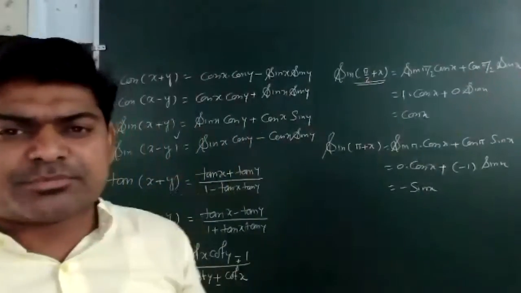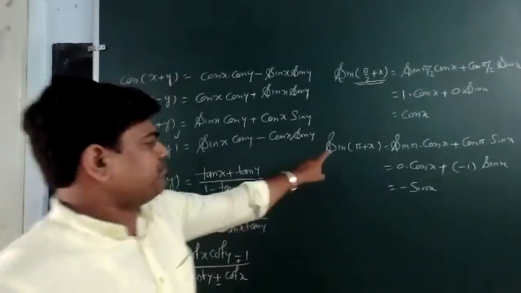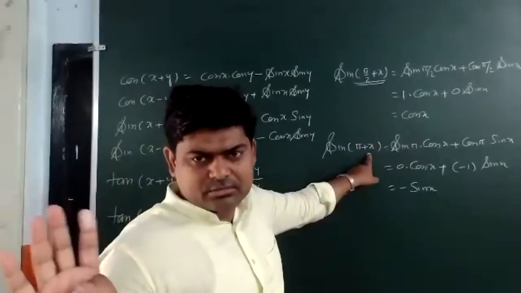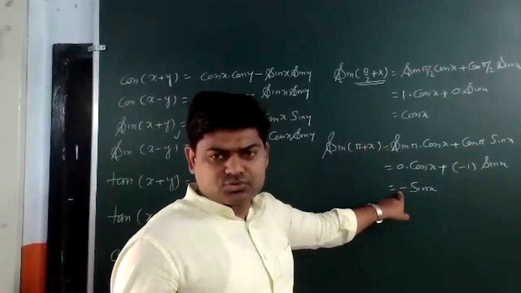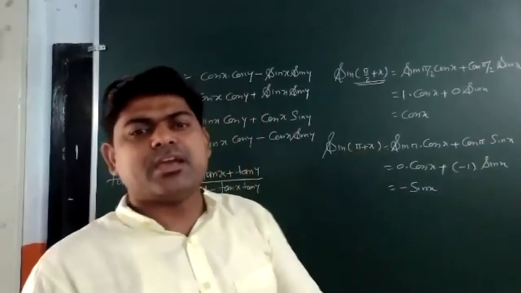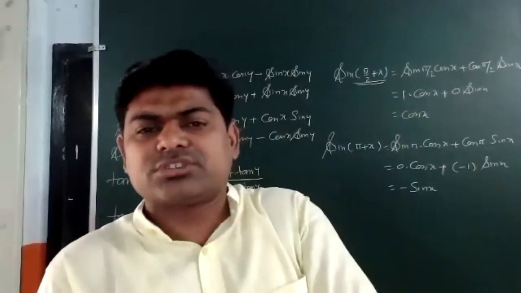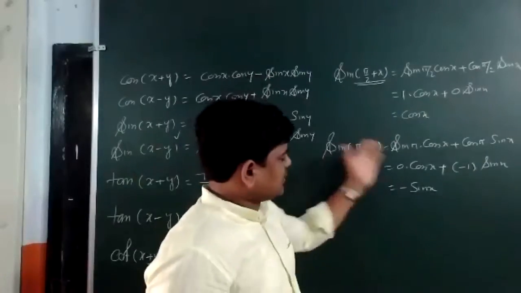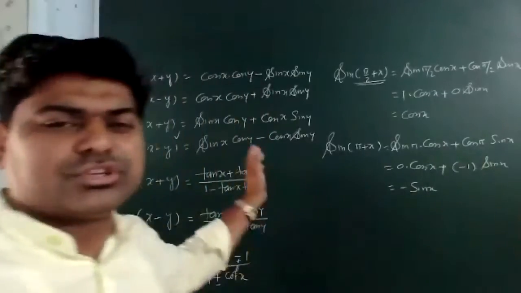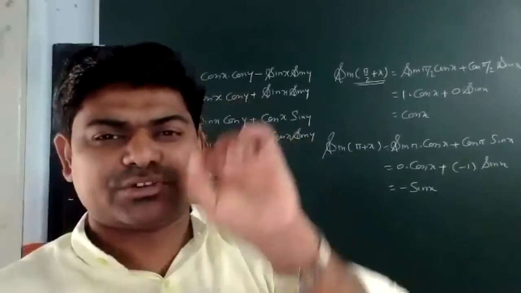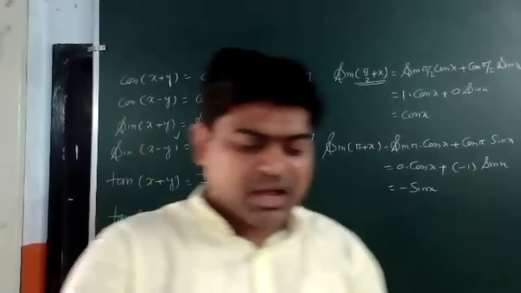Now move to my concept. What I told you: first of all, I think in which quadrant it is going. Pi plus x will go in the third quadrant. Am I correct? In the third quadrant, sine is negative. Negative sign should come. And as I told you, with pi and 2 pi, there will be no changes. Sine will remain the same, cos will remain cos, tan will remain tan. So sine remains the same, and I have got the result. Now it is up to you people. You want to follow these theorems or these 3 points that I have told.